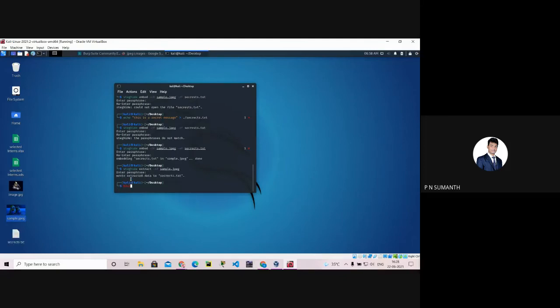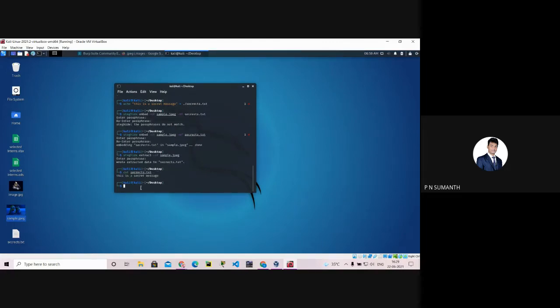It will ask for the particular password, and here you can see the file which is extracted again. Use cat secrets.txt to see the file. Yes, sir, this is the message.